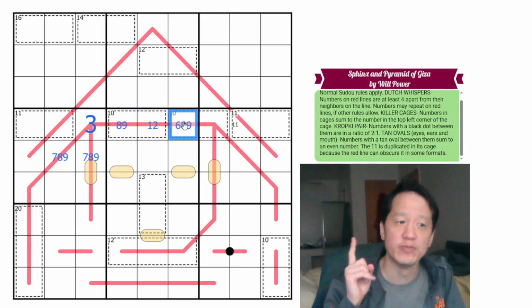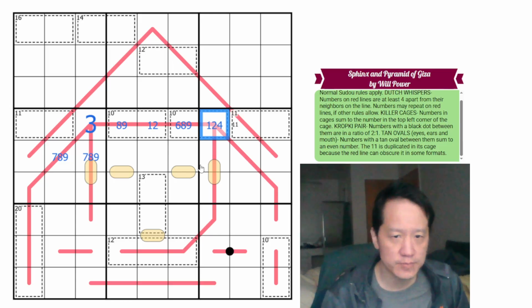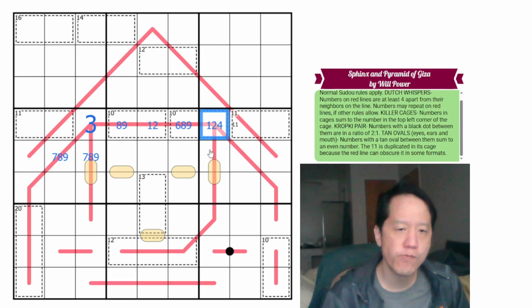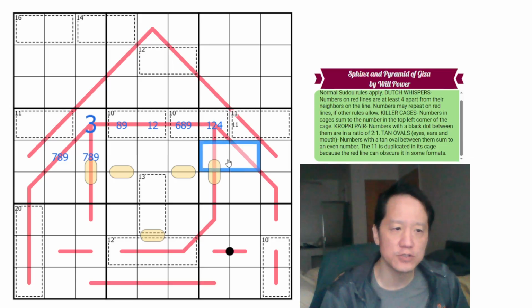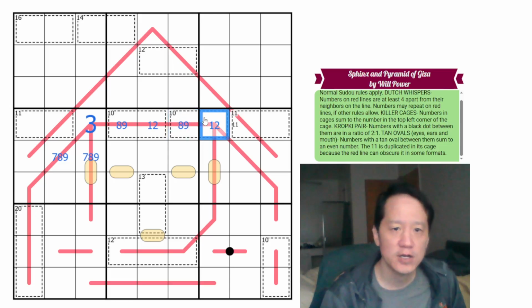It cannot be 7, again, because of 3, 7 is ruled out here. So then this is 1, 2, or 4. If this was a 4, the 4 can only be next to 8 and 9 on a Dutch whisper line. So this doesn't work for 4 and 6. So therefore, this can't be 4 and 6 specifically, because they can't be next to each other on the Dutch